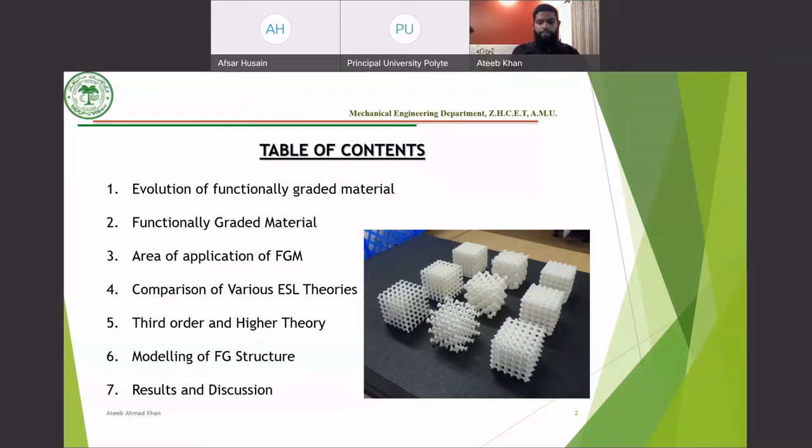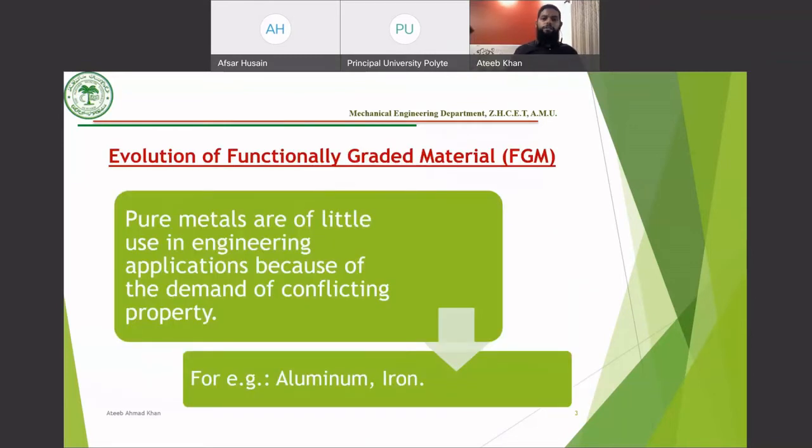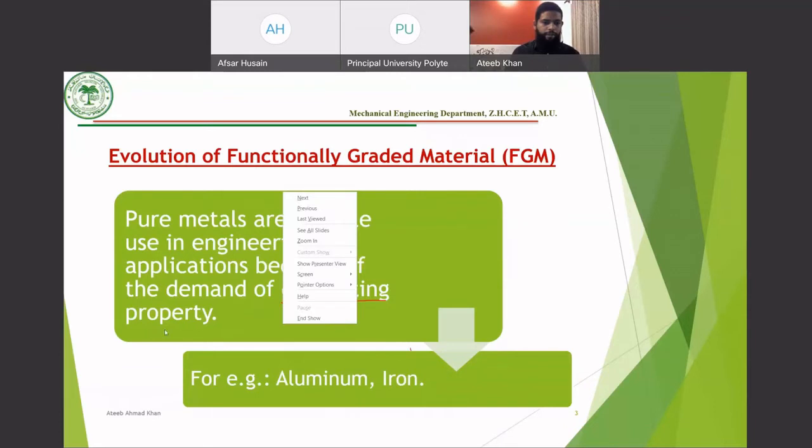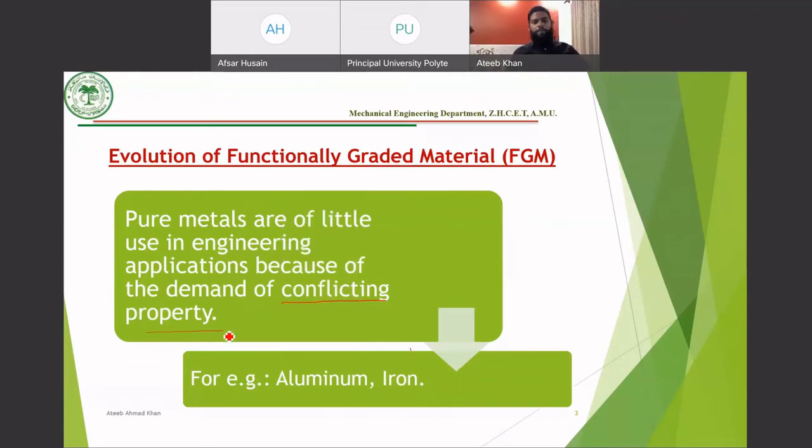So starting with the lecture, let's see what are the conditions under which the other materials fail. Starting with the very basic material, which is a pure metal. Now pure metal is of very little interest to the design engineers, the reason being the conflicting properties. This word is important, and in order to elaborate on these conflicting properties, I'll be taking two examples of